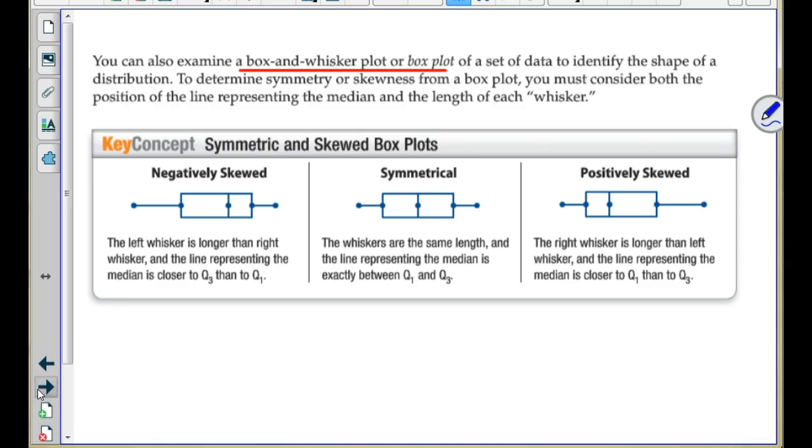All right, we talked about box and whisker plot. Again, when this whisker is longer in the negative direction, that's when it's negatively skewed. And when the whisker is longer this way, that's when it's positively skewed. All right,